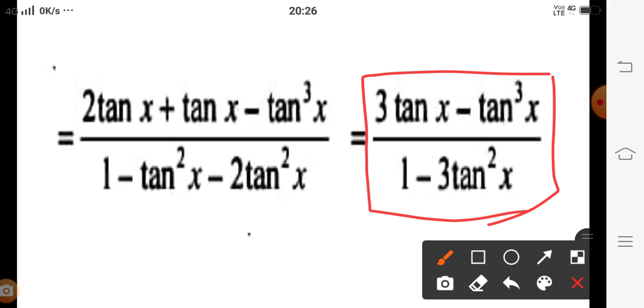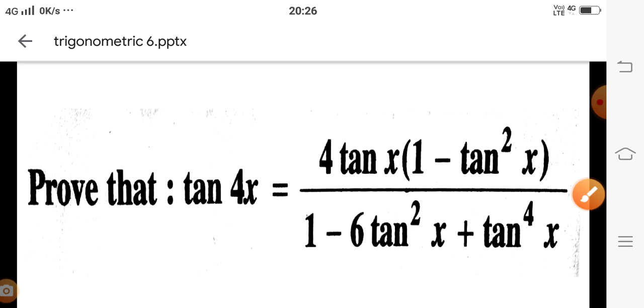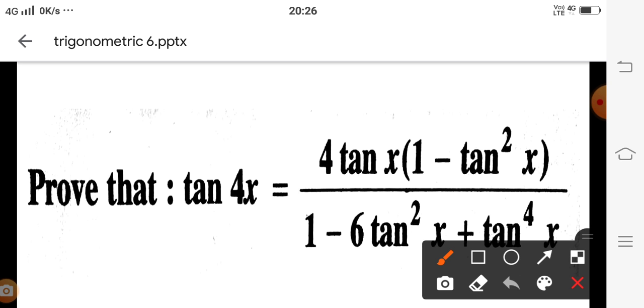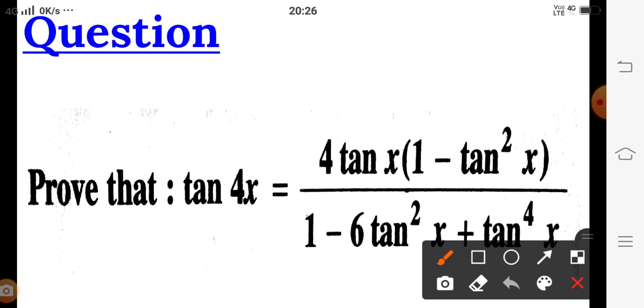But only the basic identities we are using for solving the questions. Then let us solve a question, and the question is given. This question is from your NCERT book, and on the basis of this presentation you have to solve the questions, and the remaining questions of exercise 3.3, 22, 23, 24, 25. I am going to solve question number 23, and then some questions you have to solve from the miscellaneous exercise also.